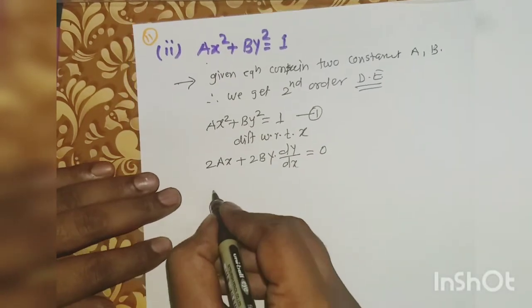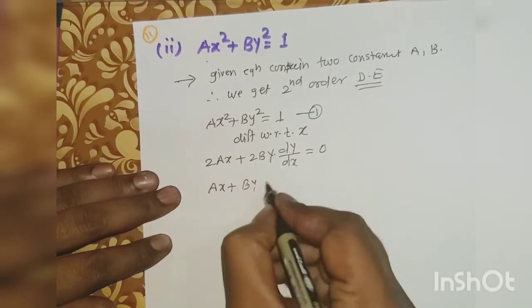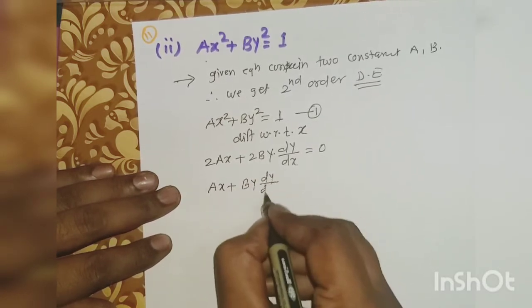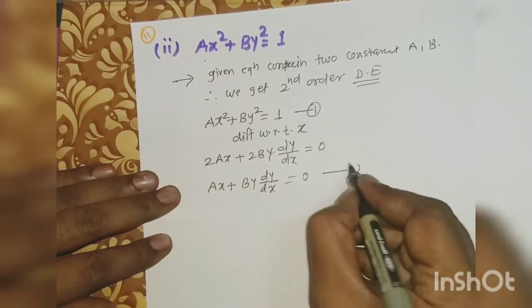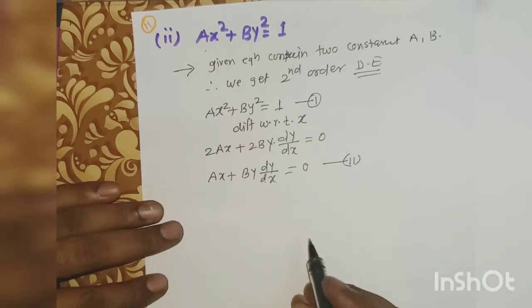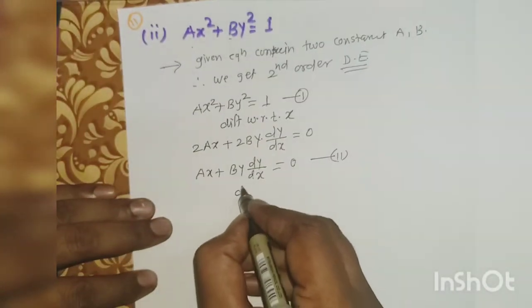Dividing both sides by 2, we get ax plus by dy by dx is equal to 0, equation second. But this equation contains two constants, so again differentiate